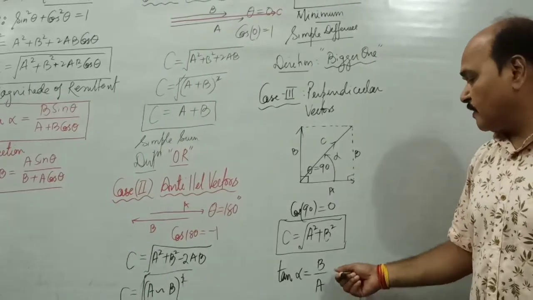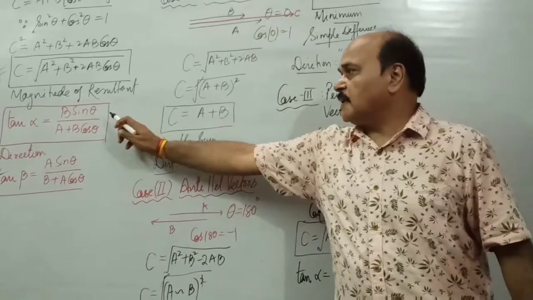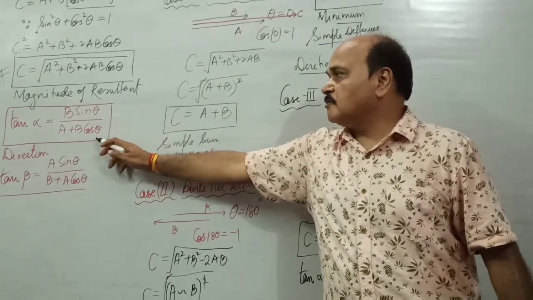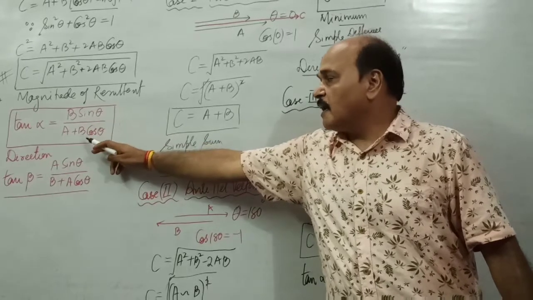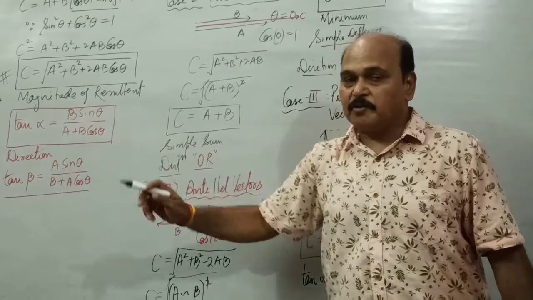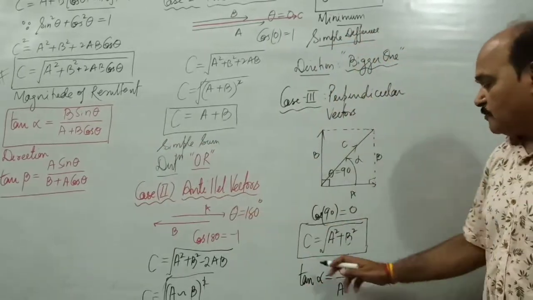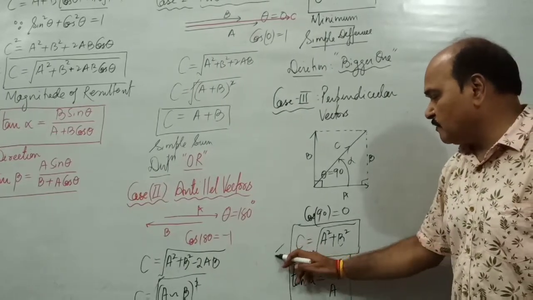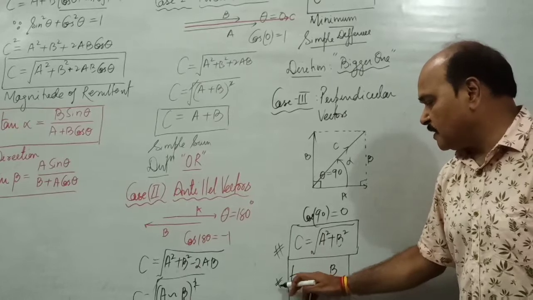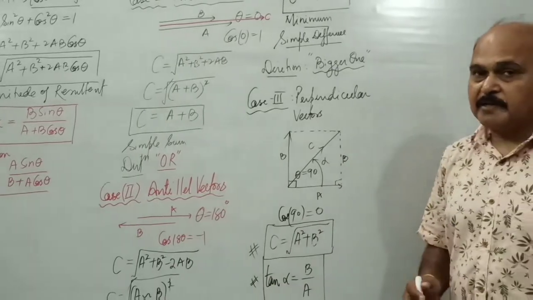We can also find out the same thing with the help of the formula. Sin 90 is 1, cos 90 is 0. We are left with B into 1, that is B in the numerator, and A plus 0, that is A in the denominator, B upon A. So we can use the formula, or here even without the formula we can work out these values right from this rectangle, the parallelogram we made.